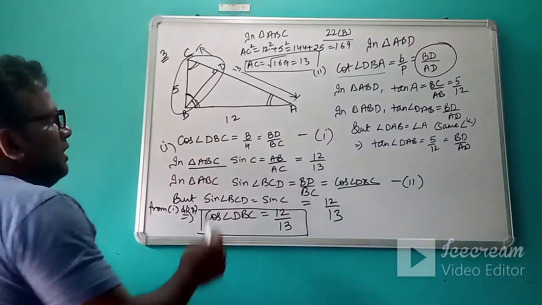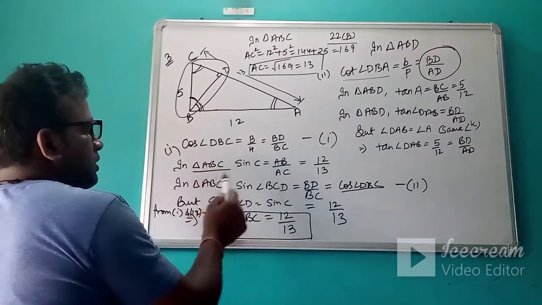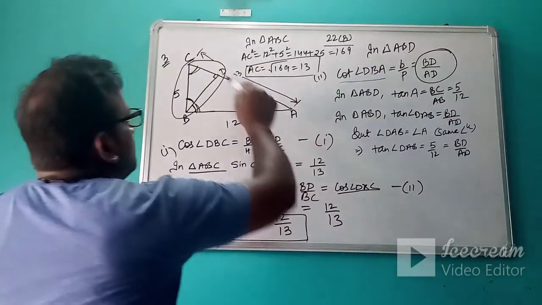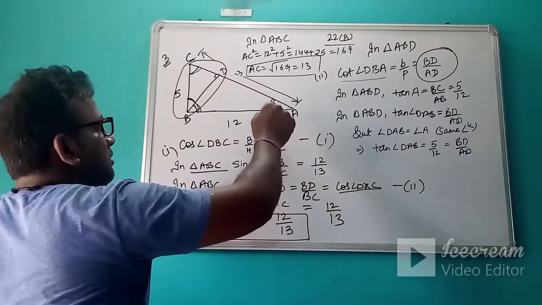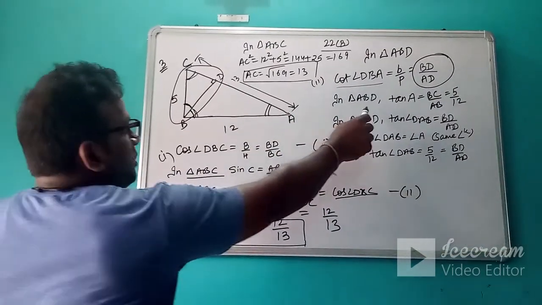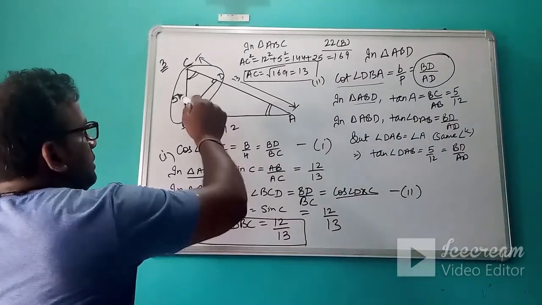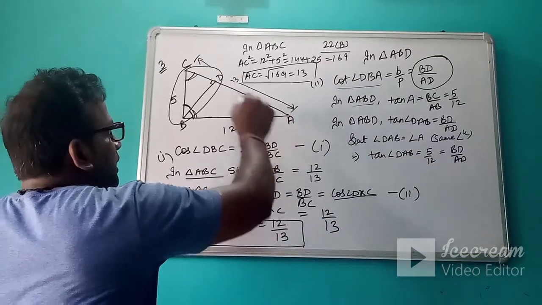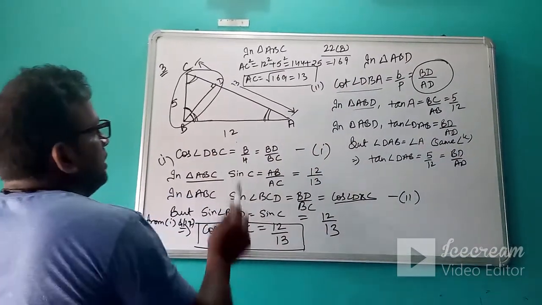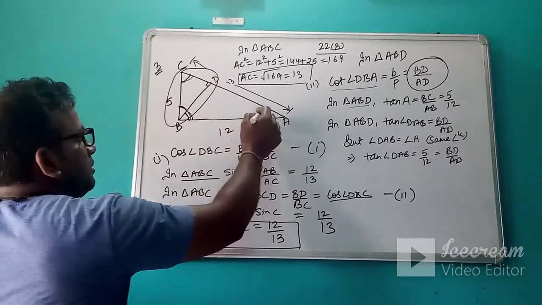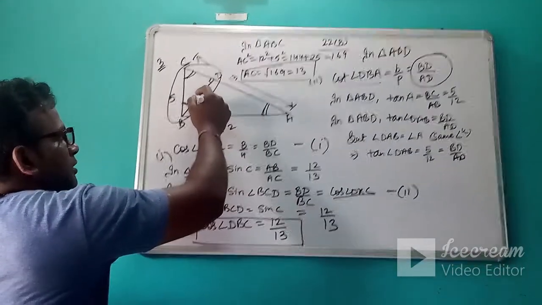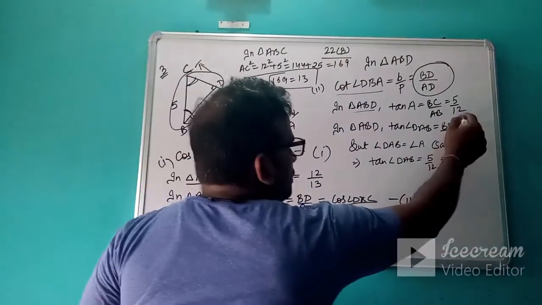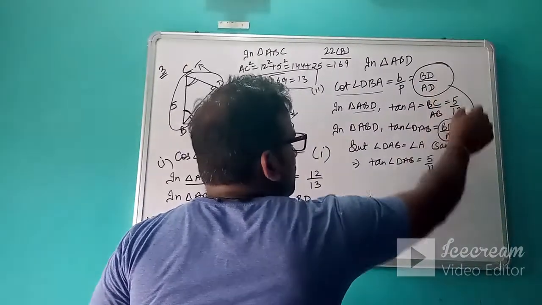In the previous one cos was there, so I had taken the sine. In this one cot is there, so I will take the tan. So I have taken the trigonometric ratio tan. For the bigger triangle ABC, tan of A is 5 upon 12. Now the same angle I have taken in this small triangle ABD. So tan of this angle DAB is perpendicular, that is BD, upon AD. So this is our ratio.